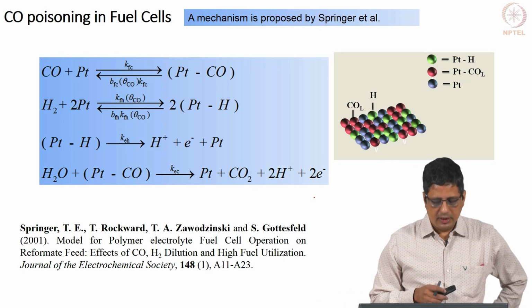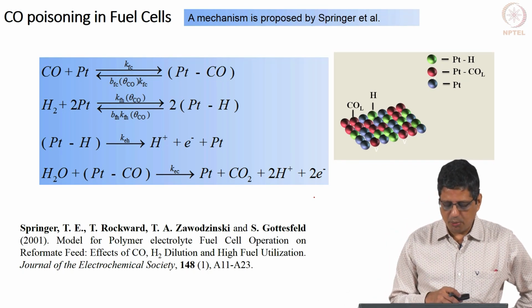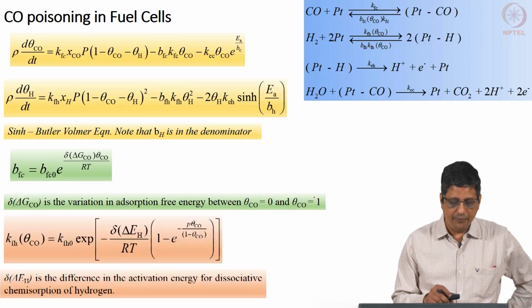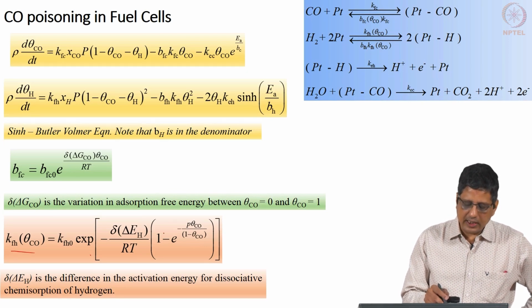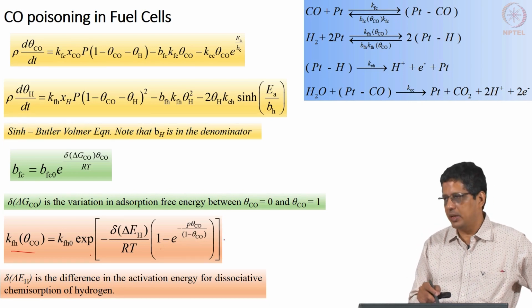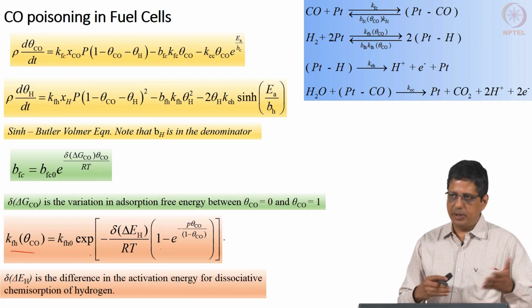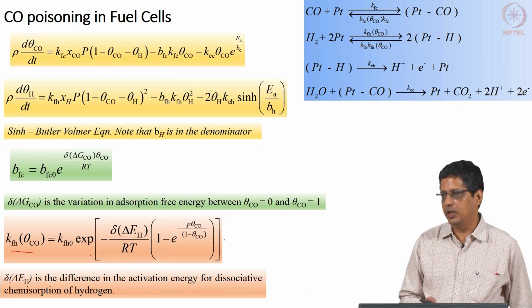I think I am going to skip this. You have a lot more complex mechanism that is proposed here and a lot more complex dependency, where one of the rate constants is given in terms of the exponential of something. Within that exponent you have 1 minus exponential of something, and that exponent is theta by 1 minus theta. No problem, it is going to take time and a few pages, but you can linearize this, and I will show an example of how to linearize this.